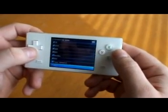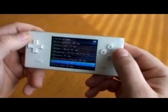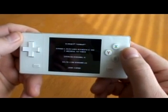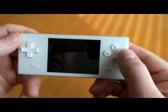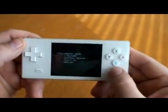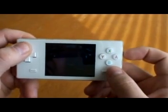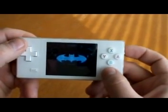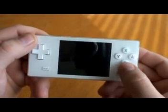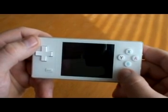Basically, on Super Nintendo, if you try to play Batman Forever, right now it's going to boot, and then the system is going to lock up. Let me show you. That's what happened when I was on a trip, and my system locked up, and